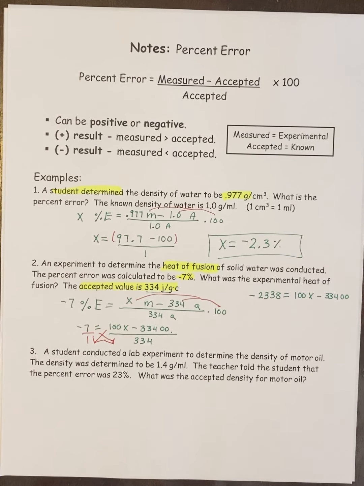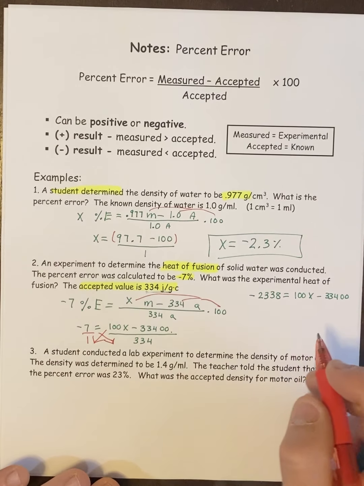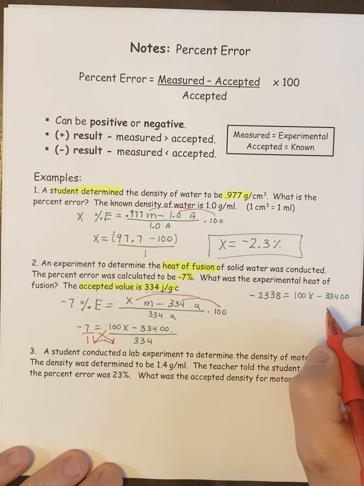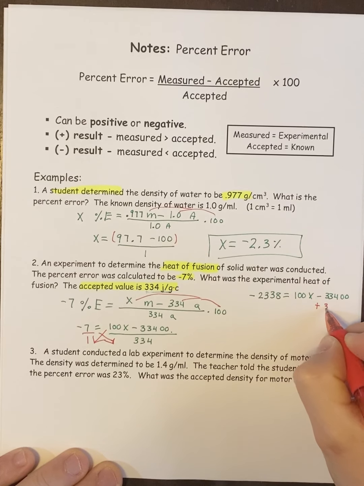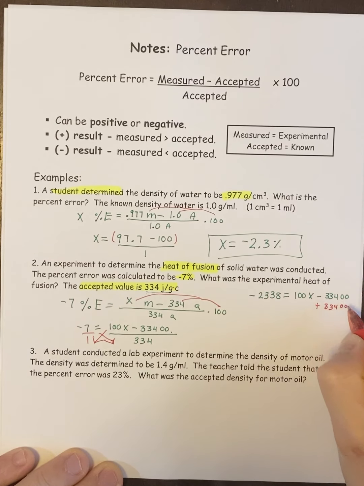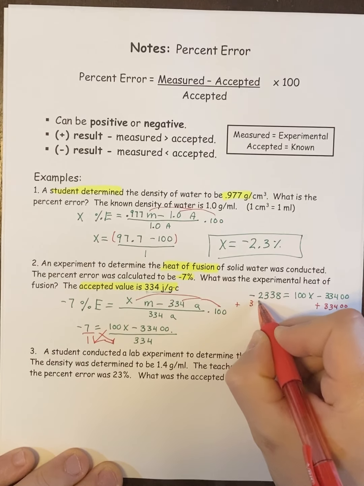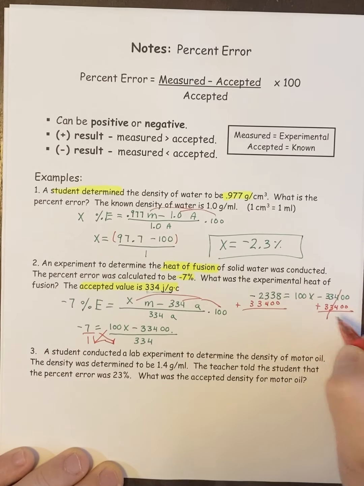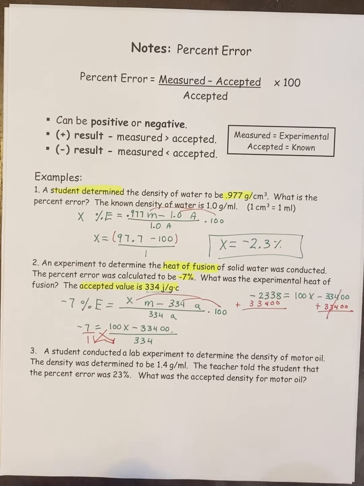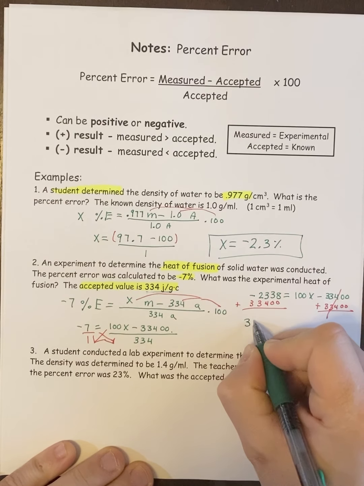Then I'm going to combine like terms. So in this case, the like terms do not have an x. There are multiple ways of doing this. The most direct and easiest way is going to be to just add this to both sides. So it cancels there and it adds to the other, and we're going to end up with